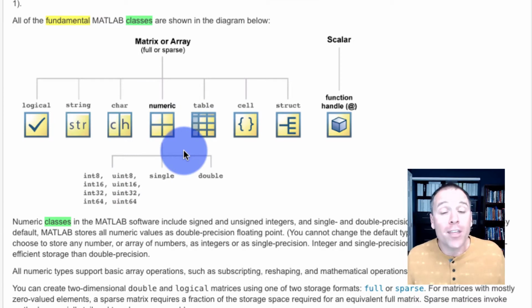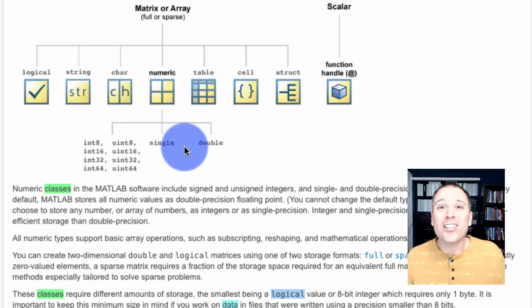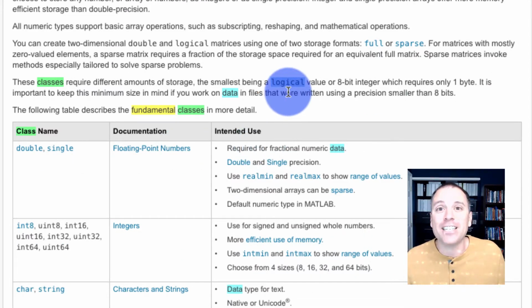So we've learned a few things about logical variables. Number 1, they store something called true or false values. Number 2, we can store logical variables as arrays. In other words, we have something called logical matrices. Those can be full or sparse. Number 3, we require the least amount of storage space to store logical variables. For each single variable, it looks like it requires 8 bits.